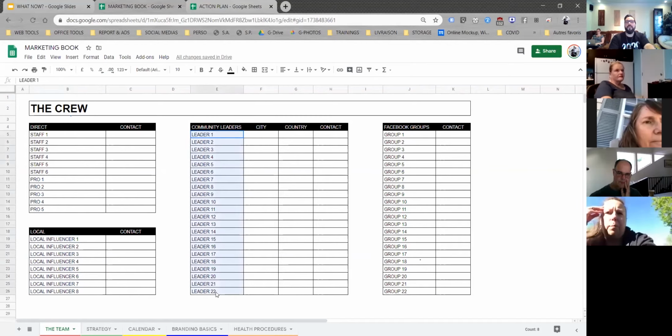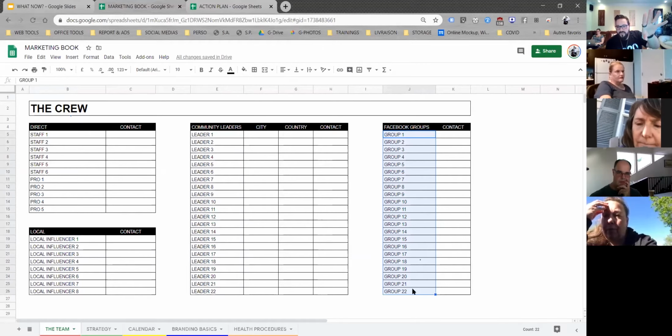Community leaders, made more space for that because there's usually a lot. Facebook groups that you want to be able to post your stuff to, like that. When you need to get the information out, you don't only send a post to your Facebook page, you send the post to everyone in that group, which means when you start communicating about your safety procedure, all of those people are spreading it. Now, the good news is when you share something like this, one person has a network and 200 people see their post.